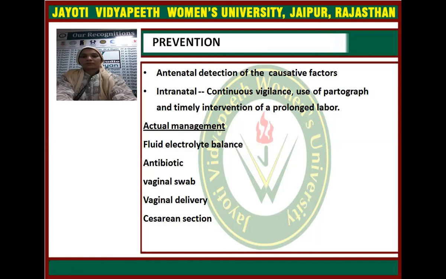Cesarean section is indicated whenever the labor is obstructed and not progressing and the fetal life is in jeopardy. Vaginal delivery is indicated whenever fetal death has occurred, unless there is any abnormality of the fetus; then vaginal delivery is done whenever the obstruction is there.